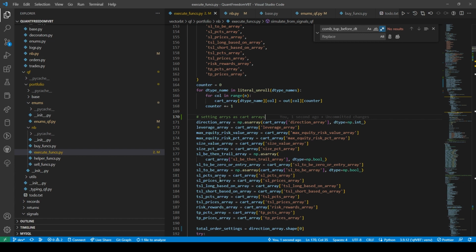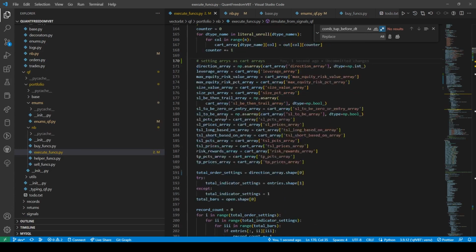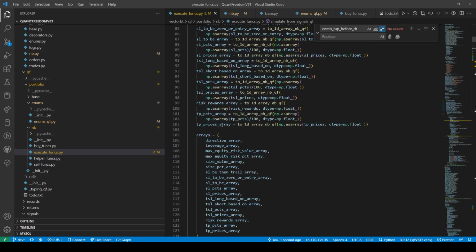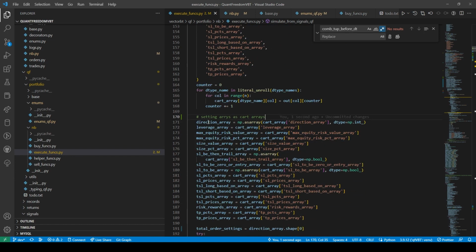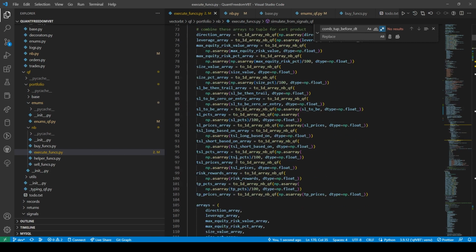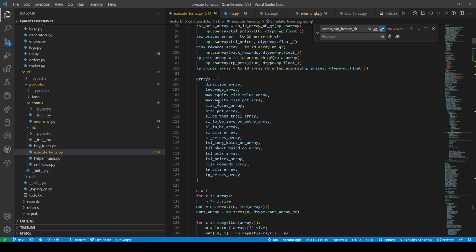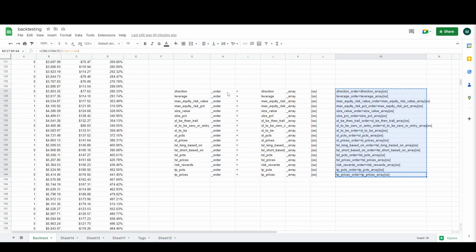This is not going to work. Whatever. I wanted to put direction Cartesian array instead of doing it like this. But I guess I can, because if I just